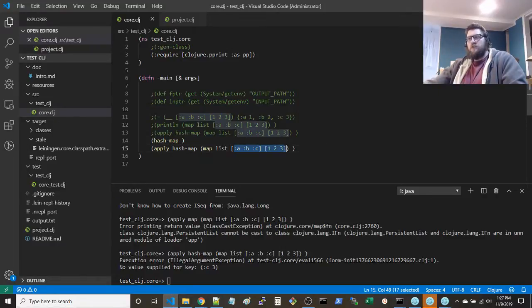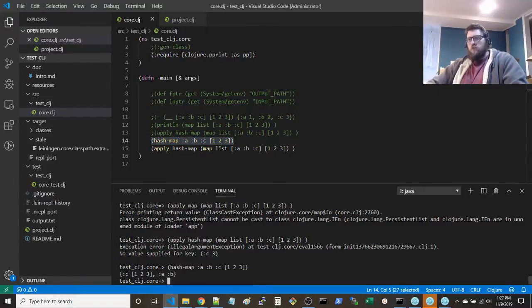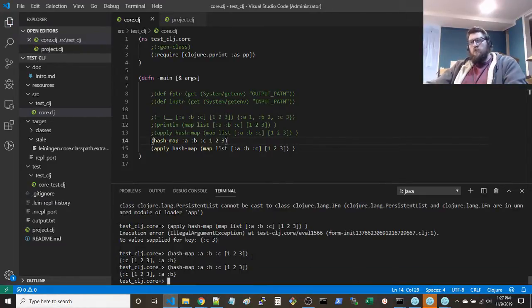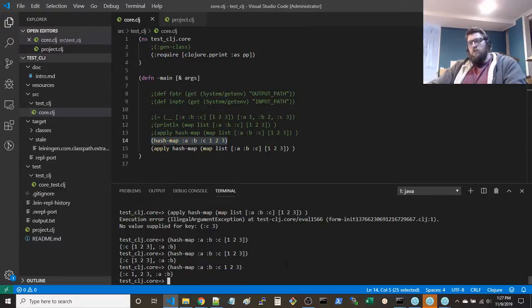So you can do, if you did something like this, C1, 2, 3, AB.